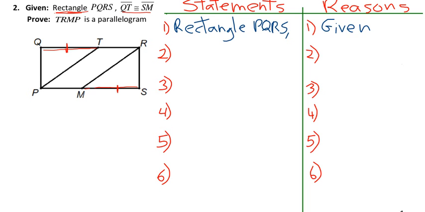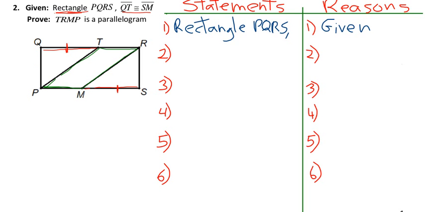And then we have to prove that DRMP is a parallelogram. So we want to show that this figure, which I just put in green, is a parallelogram. That is our objective, and we have a rectangle and this piece here congruent to this piece here. So for this one, I'm going to use